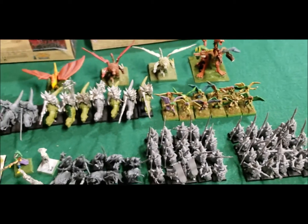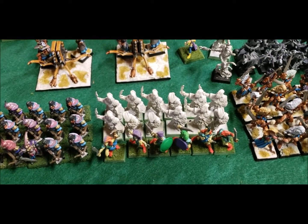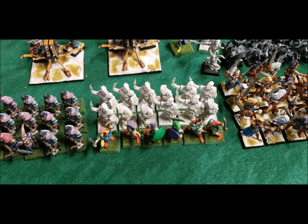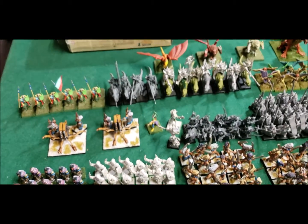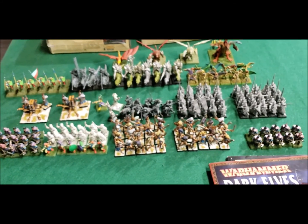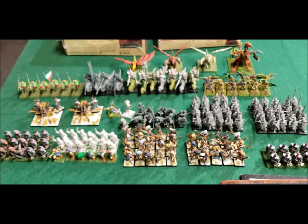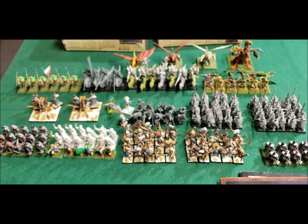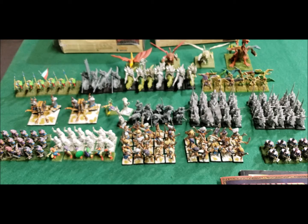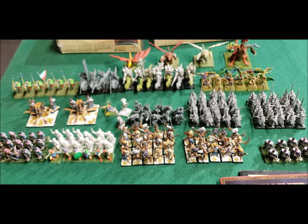So there's a future painting challenge sitting right there with spearmen and these old Heartbreaker swordsmen. There you go. That is my Dark Elf army, and its semi-finished glory. They've seen the battlefield a few times over the years, all the way through, but hopefully in the future you'll see more of them. I'd like to get some battles in with them, get the old Warhammer Fantasy going again,